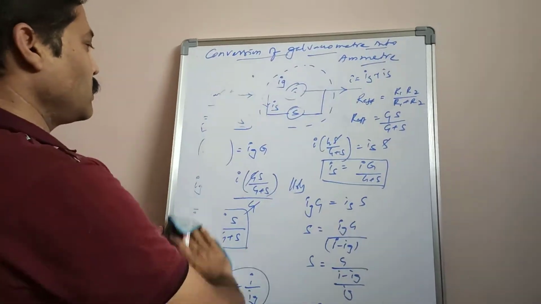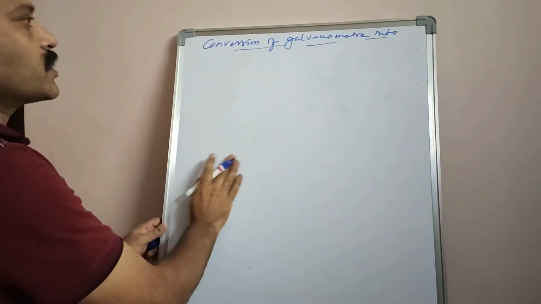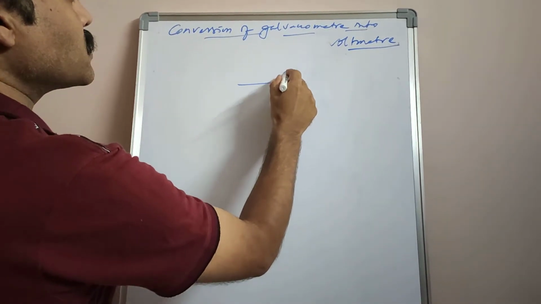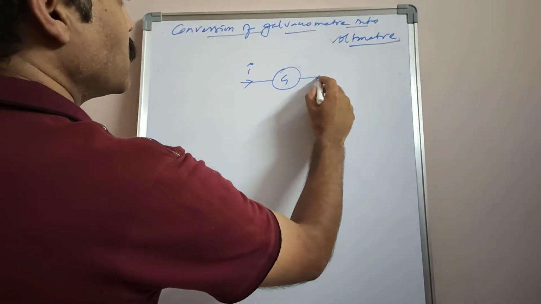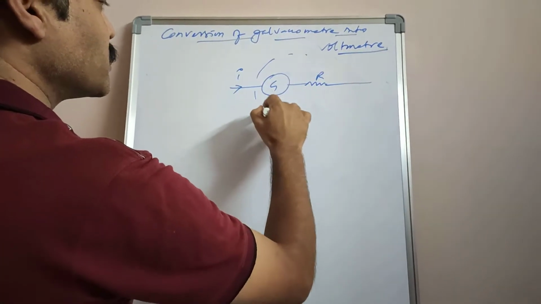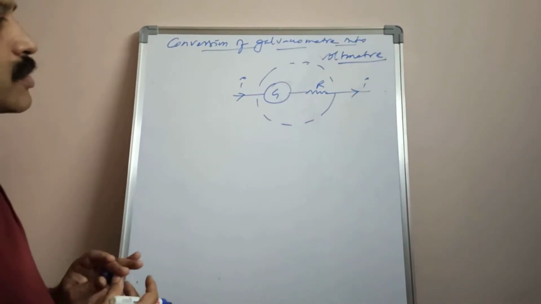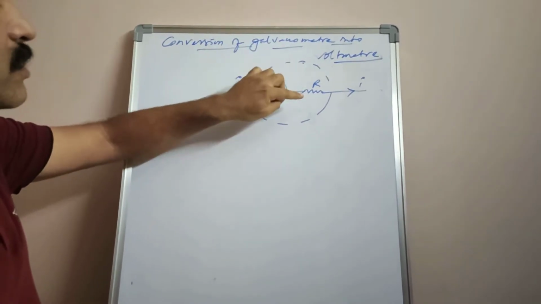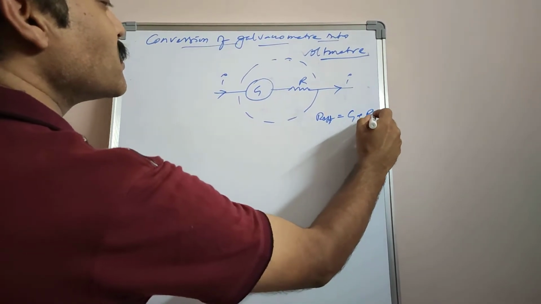And the next one is conversion of galvanometer into voltmeter. So now consider a galvanometer of resistance capital G. So let I be the current passing through the galvanometer. So now when a high resistance capital R is connected in series to the galvanometer, then this instrument acts as a voltmeter. So a high resistance capital R should be connected in series to the galvanometer, so as to convert the galvanometer into voltmeter. Now in series, effective resistance can be considered as G plus R.